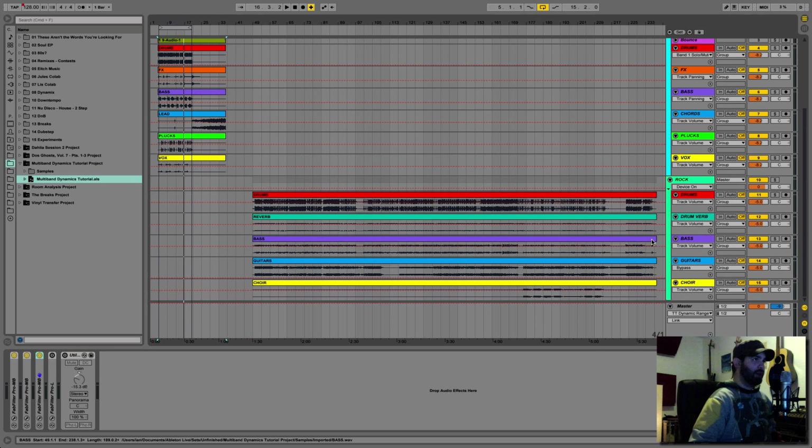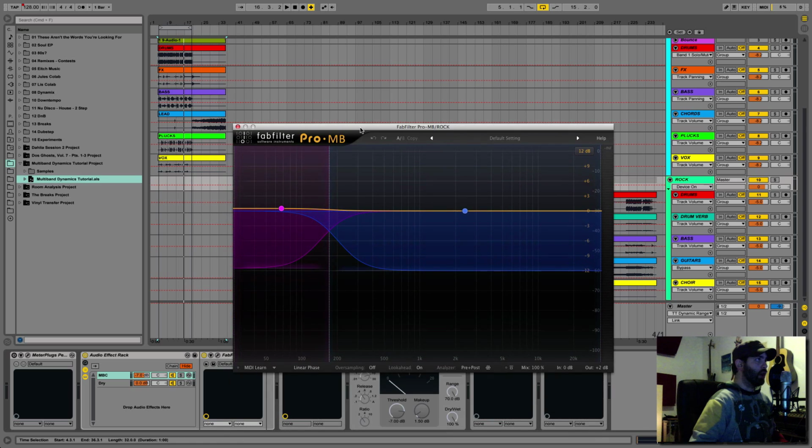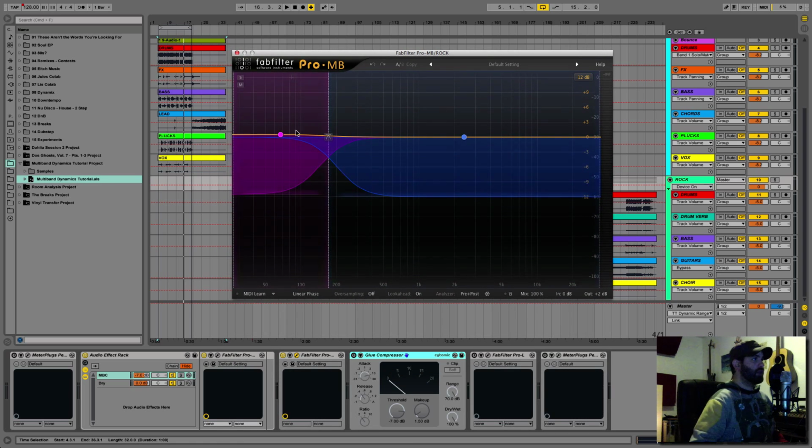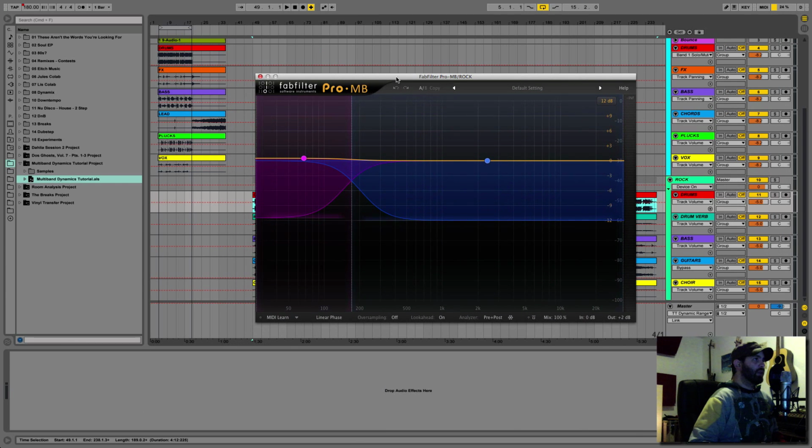All right, the other example I want to look at today is on this rock track. If you recall, I mentioned that sometimes 2 bands is all you need. All you want is to avoid that low end triggering the rest of the compression. So that's what we've got here. All right. So if we listen to our low end,